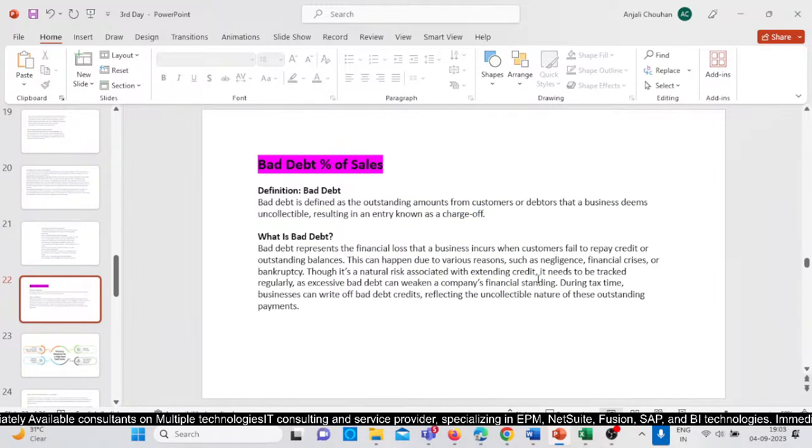So what is the meaning of bad debts percentage of sales, and what is the actual use of that here? Generally bad debts, we all understand what a bad debt is. Bad debt is defined as the outstanding amounts from customers or debtors that a business deems uncollectible, resulting in an entry known as a charge off. Sometimes we offer credit sales to a few customers, but the customers are not able to pay the amount on the relevant time, and in that case they are simply known as the bad debts because they are unable to